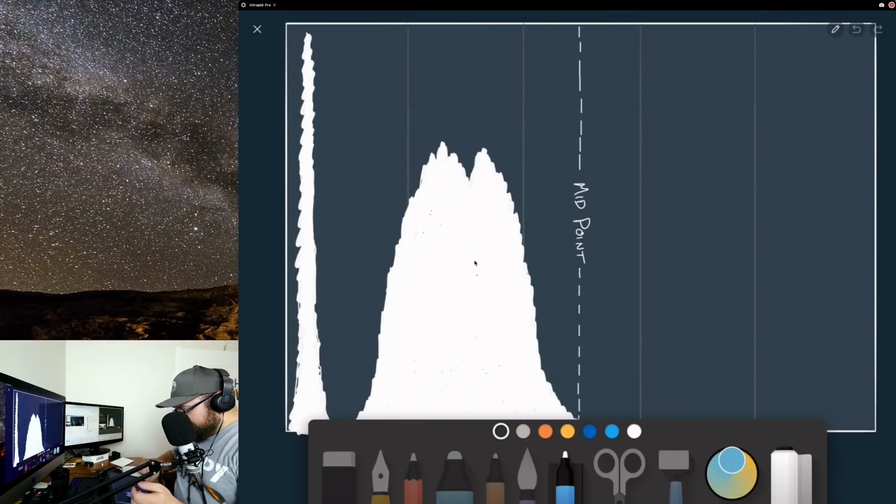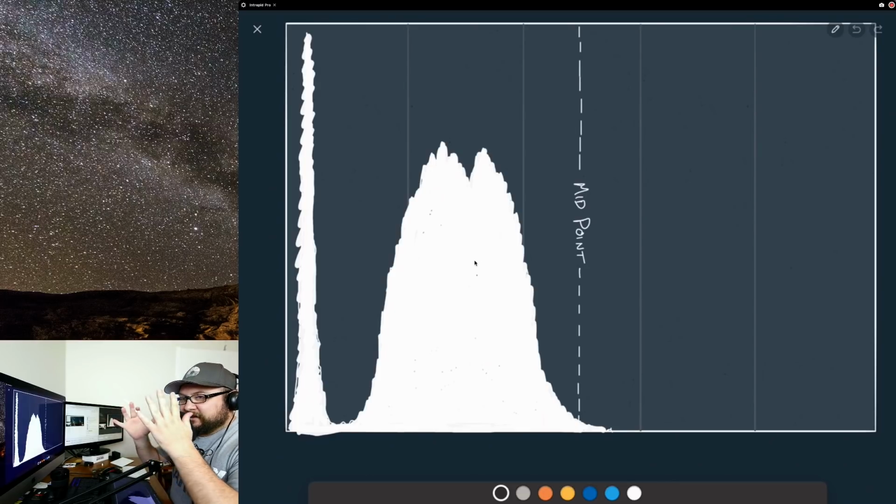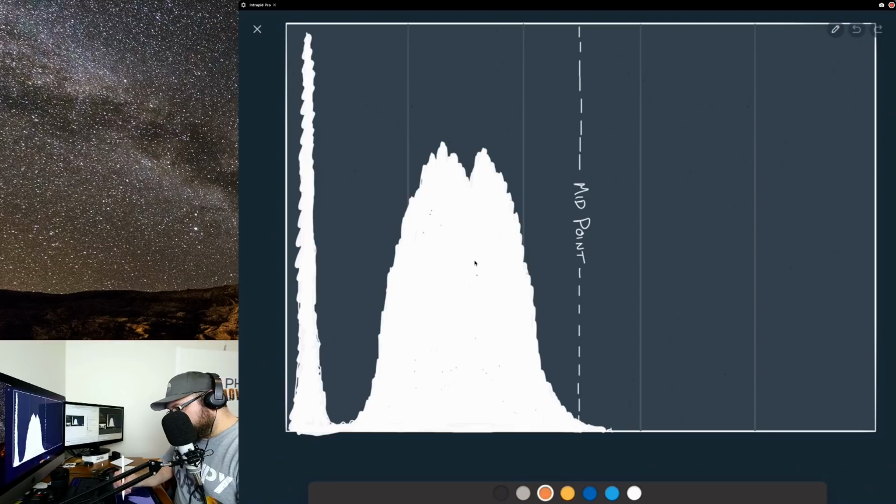So back to the histogram. If you're going to get an exposure of the Milky Way, you want to make sure that you get a proper exposure for the detail at the core. If you're doing light painting, you'll see in my examples how the histogram can be completely different. But when you don't have light painting or a mirrored reflection of the sky, you'll typically see this. What it's telling us, and we've mentioned it in the past, this section right here is a spike